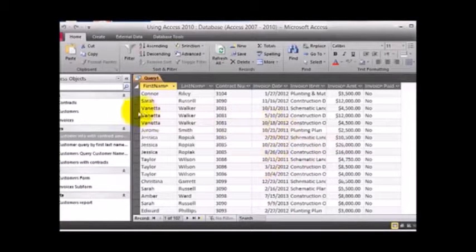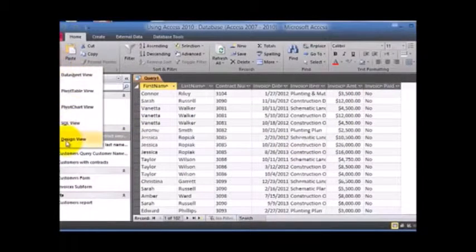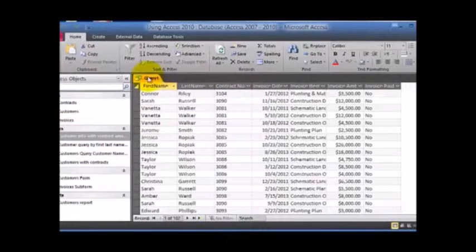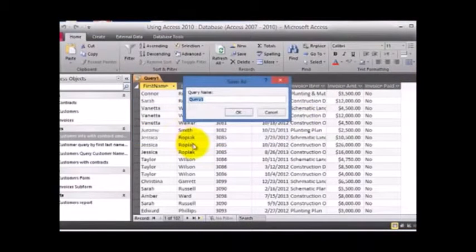Now, what about in this list, we do not even want to see the word no here, or these fields no, but we want to display only the customers that have not paid their invoices. What you can do, again, we can hide this field. And if you remember earlier, we could go here under design view. And by the way, I'm not right clicking on it because we have not saved this query yet. So if I go ahead and choose to save this,